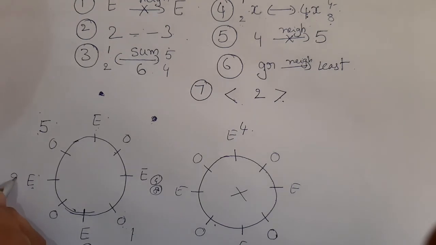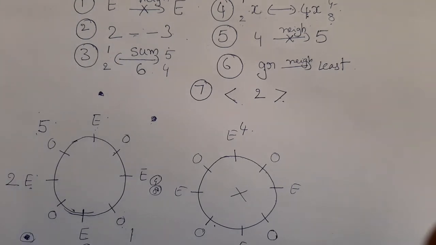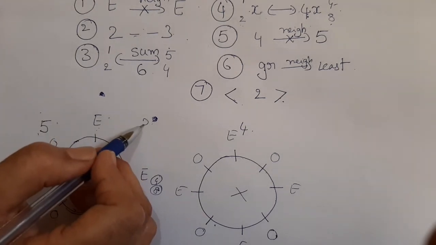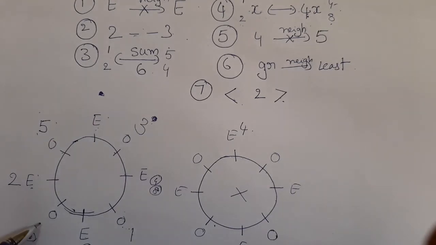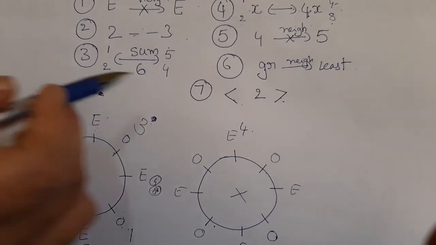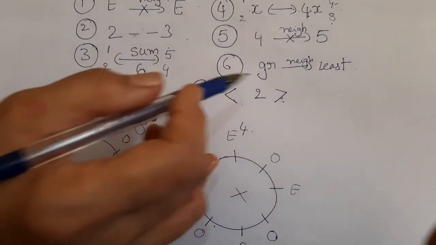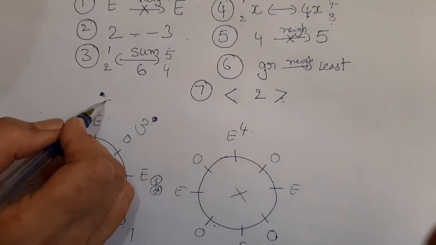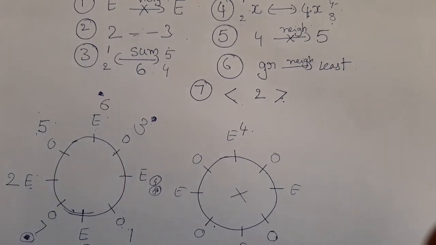Here. If I write 2 here, then after 2 places 3. Here not possible. From here this side we will say. Here 3. Then here the number left is 7. Now we'll see whether this 7th hint is satisfied or not. The right side is 7 and left side is smaller number. So this is correct. Now what number is left? 6. We can write 6 here. So like this we complete.